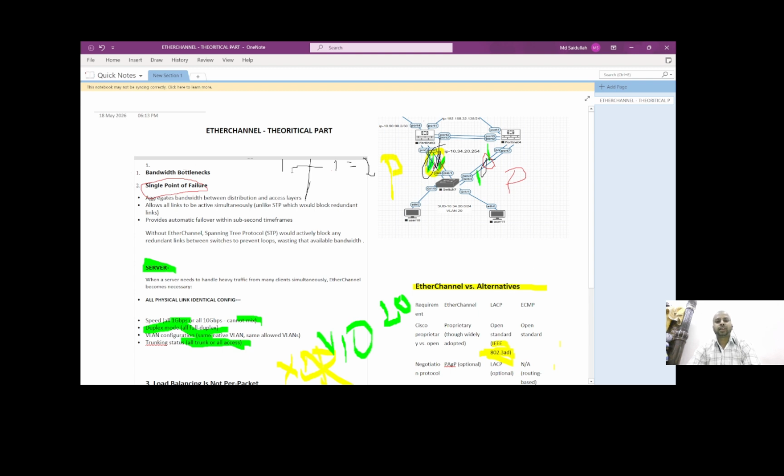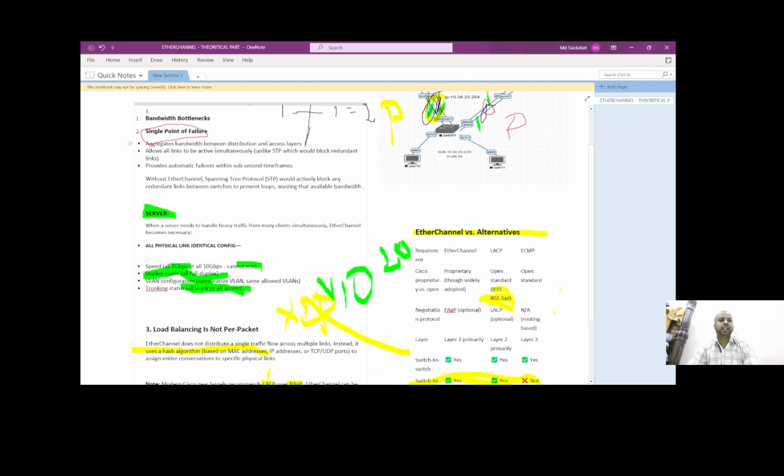Bandwidth bottlenecks. Bandwidth bottlenecks means if 1 gig, one physical port, and 1 gig, one physical port, then it will be a 2 gig physical port, and it works as redundant. It means if one physical link is down, then another physical link is working, and our business is not hampered. Similarly, single point of failure. I already elaborated. Aggregate bandwidth between the